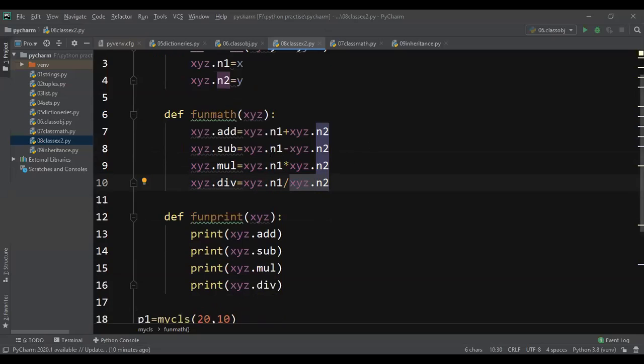Now here addition is performed and stored in the add variable, and subtraction is performed and stored in the sub variable.